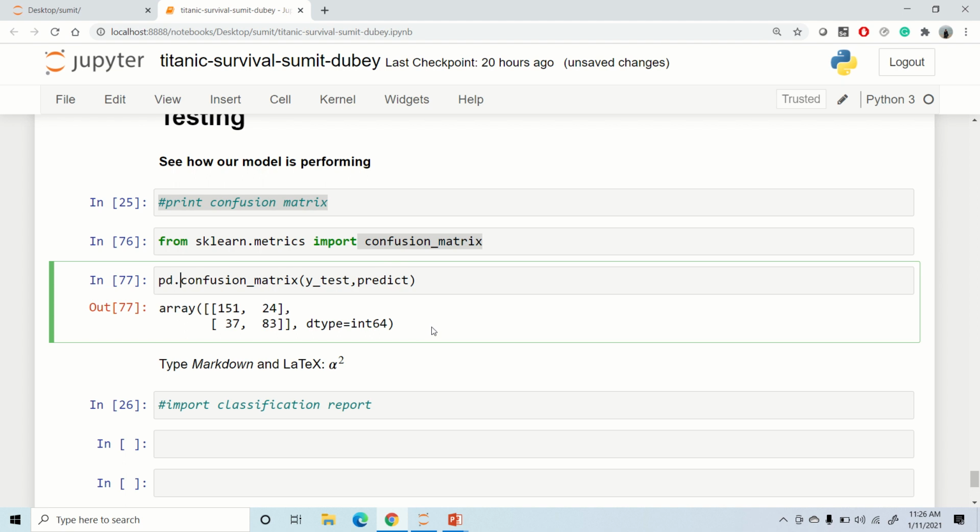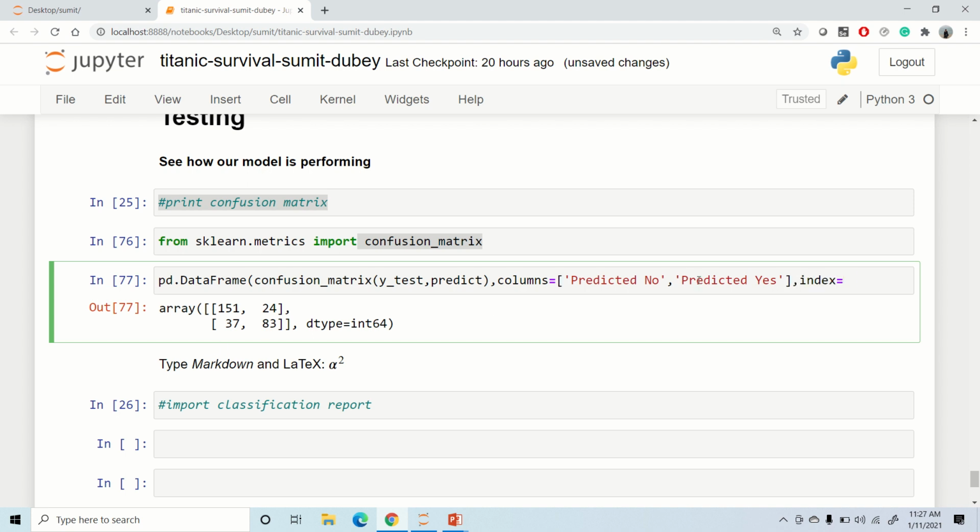So I'll just do a little bit of code here to make this readable. So I'll say pd.DataFrame, I'll create a data frame here. Then confusion matrix, and inside that I'll make use of some columns. I'll write predicted no, and predicted yes. That is our prediction. There are two columns in this matrix, as you can see, and two indexes are there.